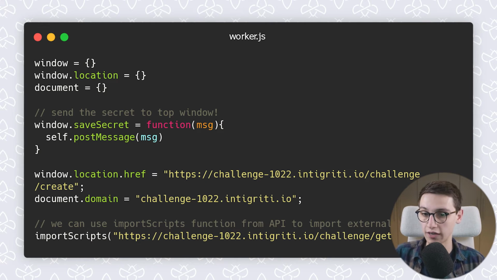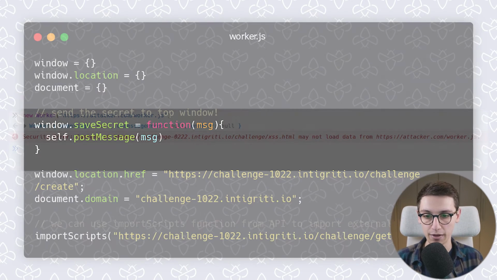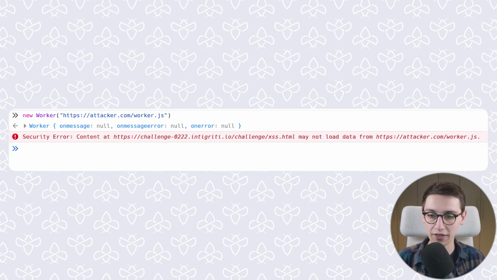And then we set our window.location.href to that create page that it wants. We set document.domain to this challenge1022.integrity.io. But note that window doesn't mean the window object here. This is just an object. The worker has no idea of window. But still, that works, because if we create a new worker on our exploiting domain with the URL of our attacker that links to this worker.js page, then that should